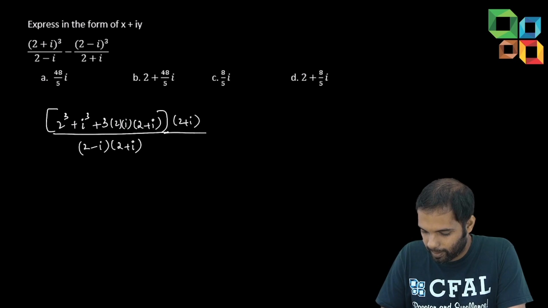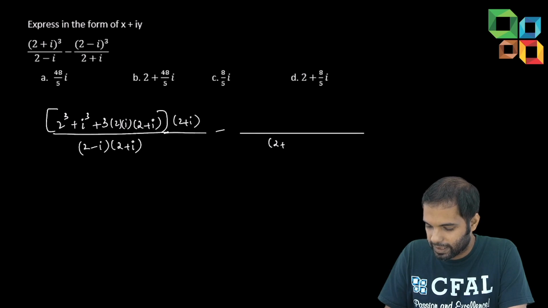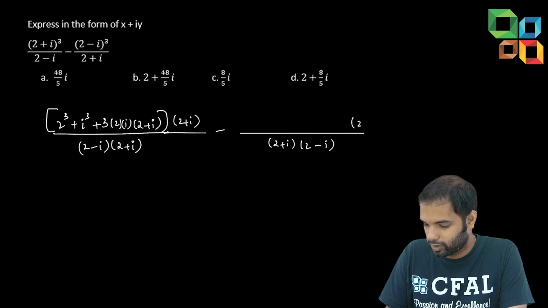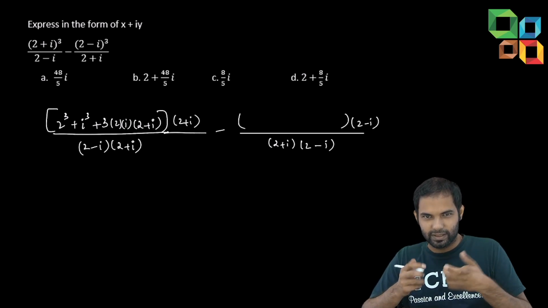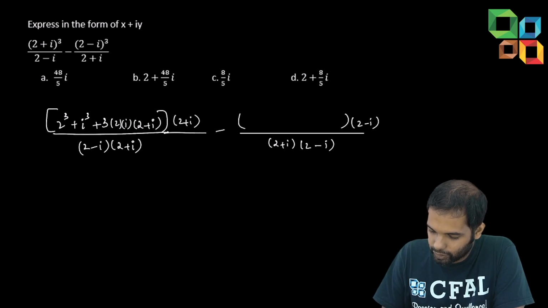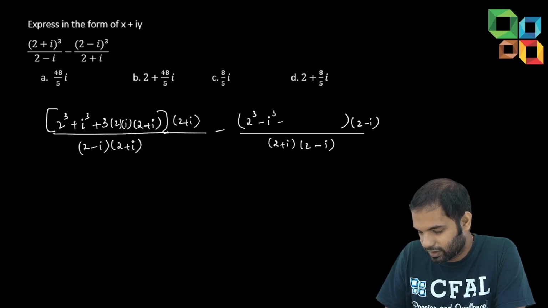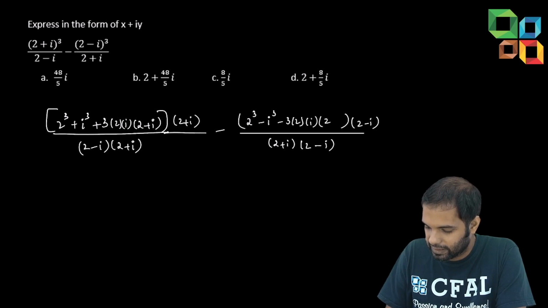Similarly, for the second part, instead of simplifying in multiple steps, we are trying to complete it. So denominator is 2 plus i. So the conjugate have to multiply in the numerator. So 2 minus i. So here 2 minus i. Remaining part is the A minus B whole cube, right? Or you can use A plus B whole cube formula itself. Just add the minus sign later. So it is 2 cube minus i cube. Okay, so it is 3AB. So there's a negative sign. So it is minus 3 into 2 into i into A plus B, which is whatever in this sign. So it is A minus